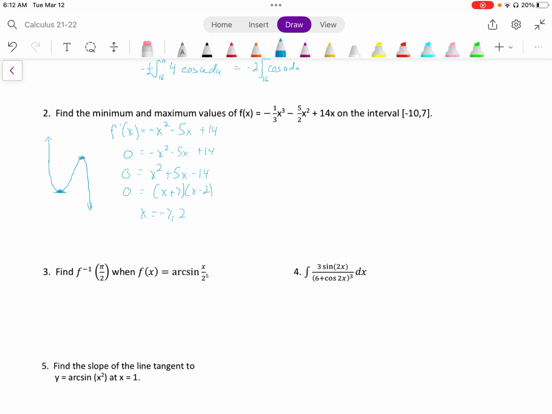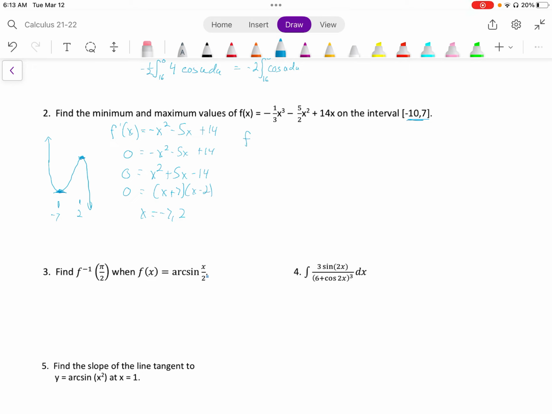From our knowledge of the graph, we know that this x value here is negative 7, and this one is 2. So then we want to take our function and plug in the relative min, the relative max, and the endpoints and find which one is the largest